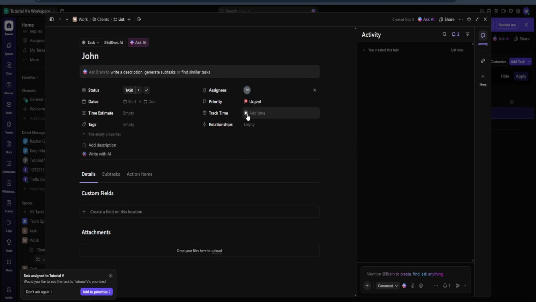By following these steps, you have now created a structured client list in ClickUp. Remember, organizational tools like ClickUp can make a significant difference in